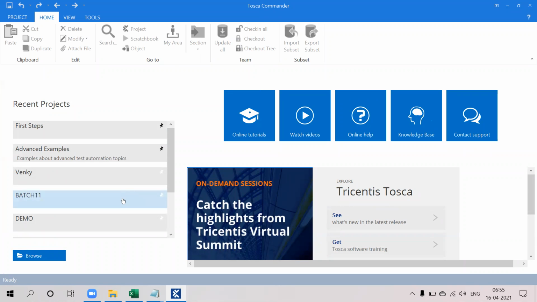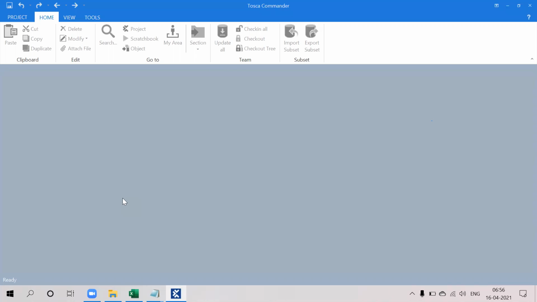Okay. So once Tosca is launched, click on whatever workspace you have created. There it will ask you for the user ID and password.